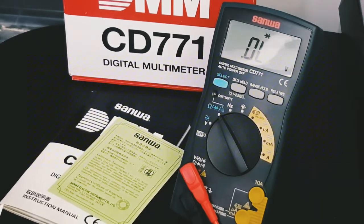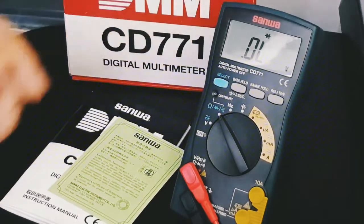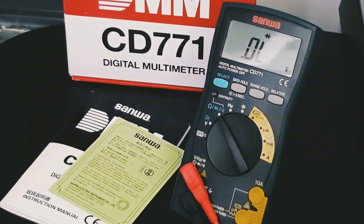But anyway, it is what it is. It does from 50 nanofarads up to 100 microfarad, and we will test that out shortly. In terms of the frequency, it does up to 100 kilohertz, so that's always great. And one interesting function that you'll notice